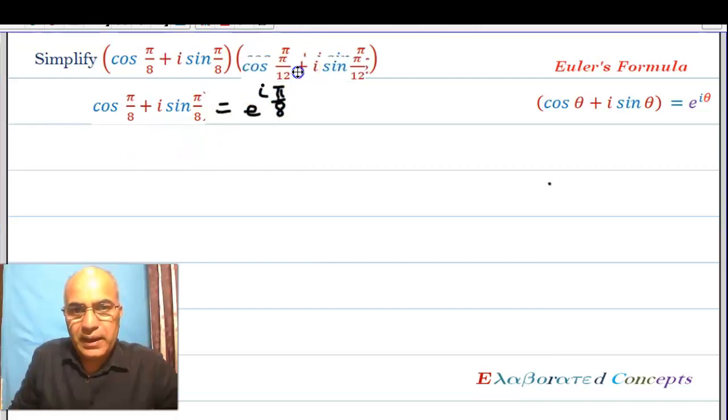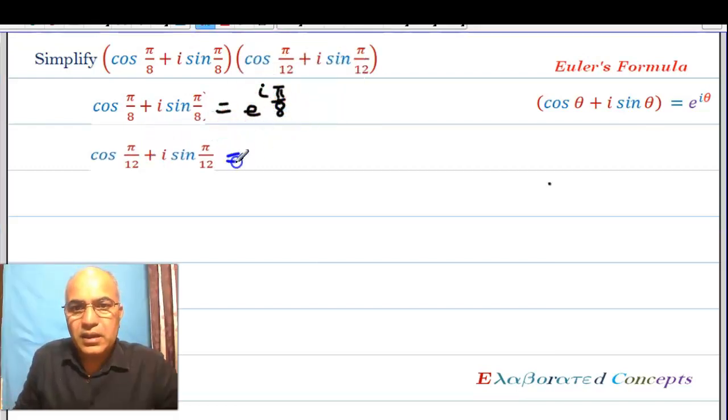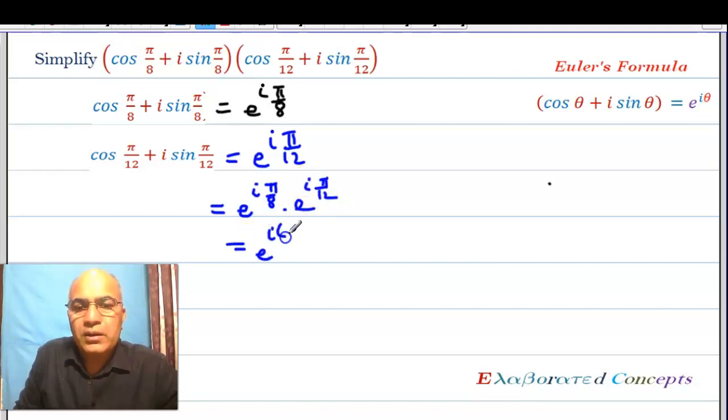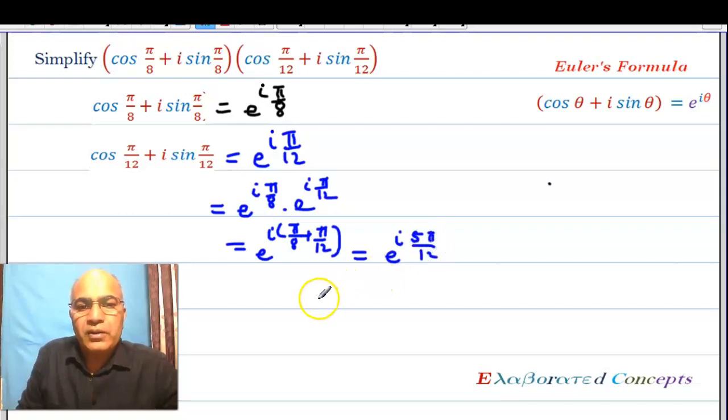Similarly this is equal to e raised to power iota pi by 12. Therefore their product is equal to e raised to power iota pi by 8 times e raised to iota pi by 12, which is equal to e raised to iota 5 pi by 12, which is written as